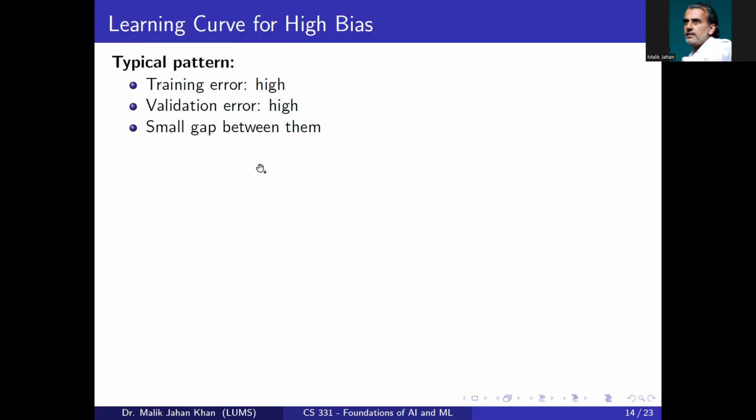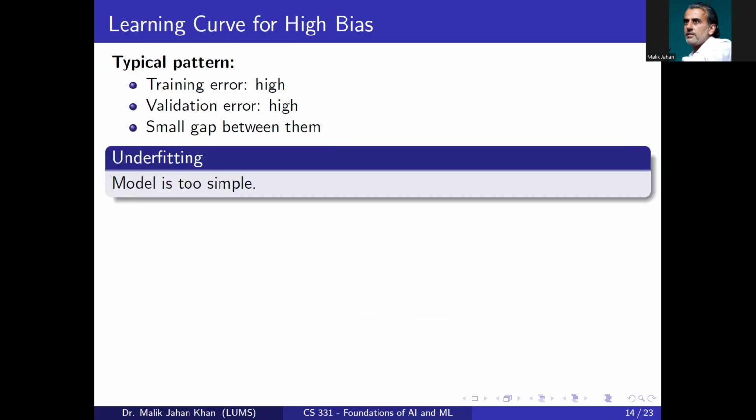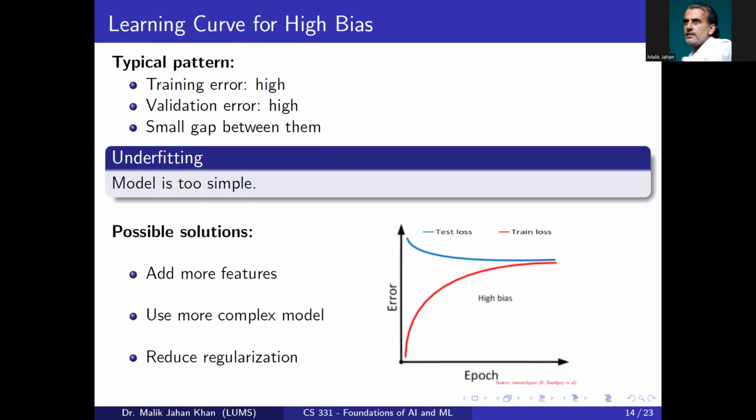Okay, so when training error is high and validation error is also high, so जब दोनों एरर्स हाई हैं तो that means there is a small gap between them, and that is the kind of situation where our learned model is very simple, and that takes us to the phenomena of underfitting. So possible solutions could be that we can add more features, use a more complex model, because we are already landing into an underfit model which is very simple. So we need to make it slightly more complex by bringing in more features, or